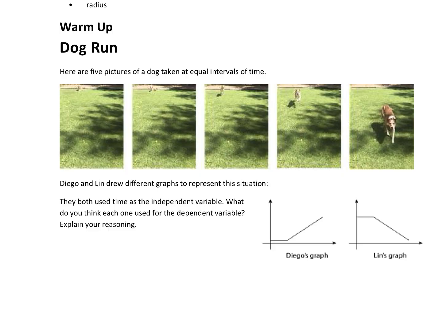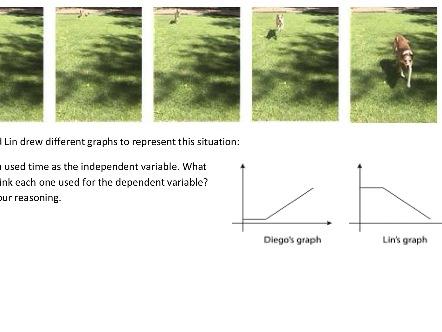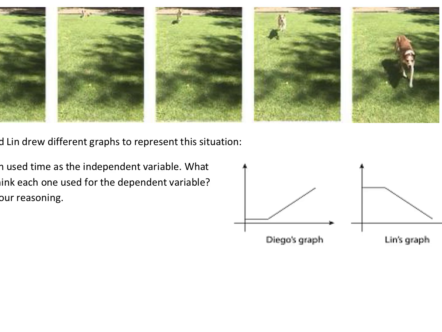So here we have 5 pictures of a dog taken at equal intervals of time. Diego and Lynn both draw different graphs to represent the situation. They both use time as the independent variable, and they want to know, what do you think each one used for their dependent variable? So if you recall, our independent variable is our input, so that tells us that time